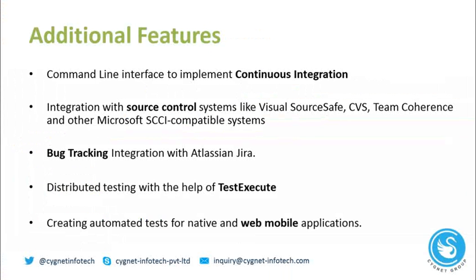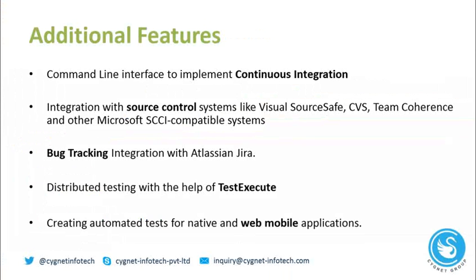Okay, then we'll go with the additional features that are available in TestComplete. TestComplete has continuous integration, which means you can run the TestComplete suite with the help of command line arguments, so that it is helpful to integrate it with different continuous integration tools like Jenkins or Bamboo. Moreover, it has integration with source control systems like Visual SourceSafe as well as CVS. It has integration with a bug tracking tool,